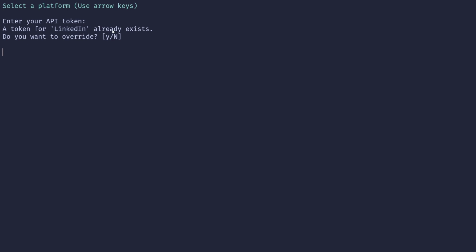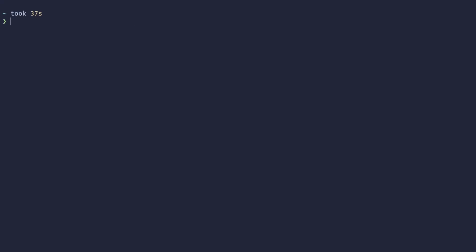And a token for LinkedIn already exists. Do you want to overwrite? Well, yes. And do I want to add more? Well, I could add for Mastodon, but I have already done that. So let's just skip that. Next step is to